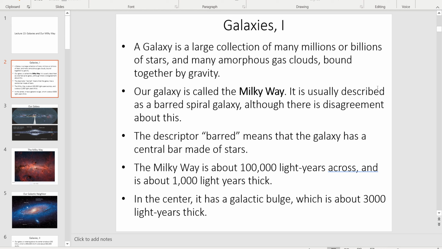I should also say, and this is a little preview of what we will talk about toward the end of this lecture, that we believe that at the center of every major galaxy is a supermassive black hole. So I should include that in the constituents of galaxies. Our galaxy is called the Milky Way,